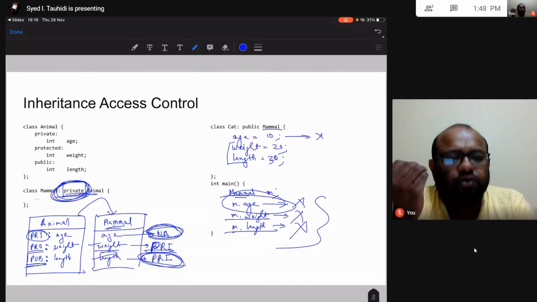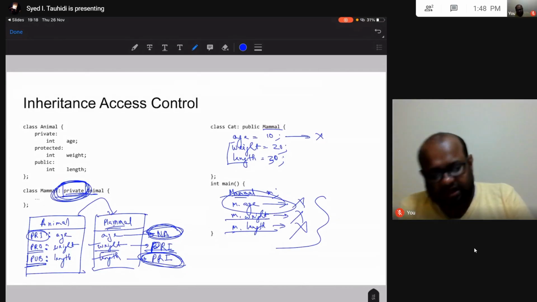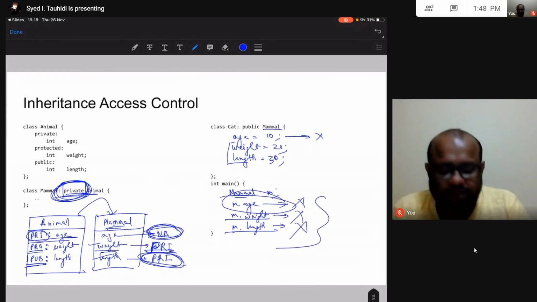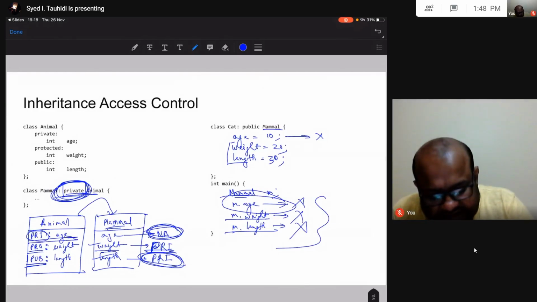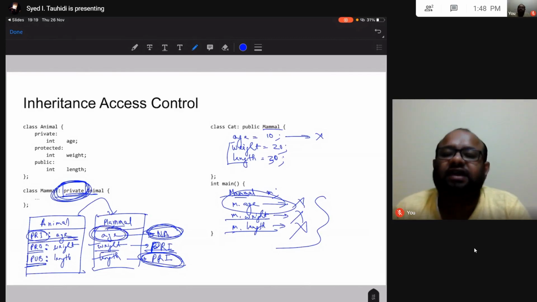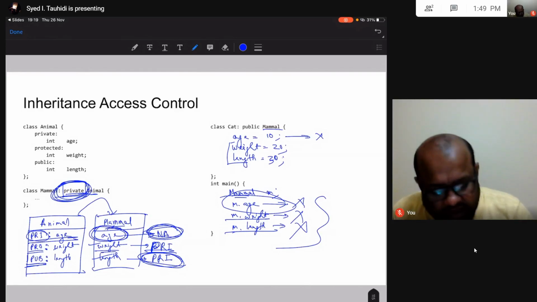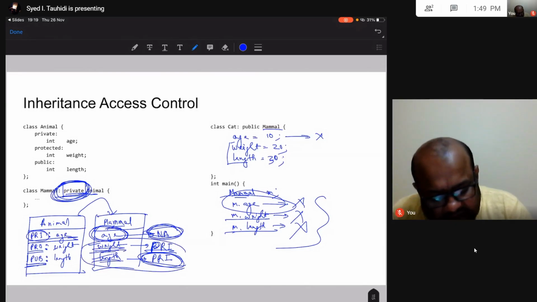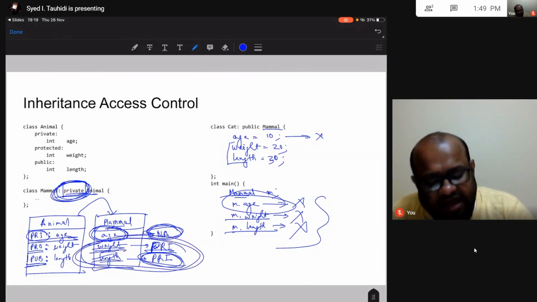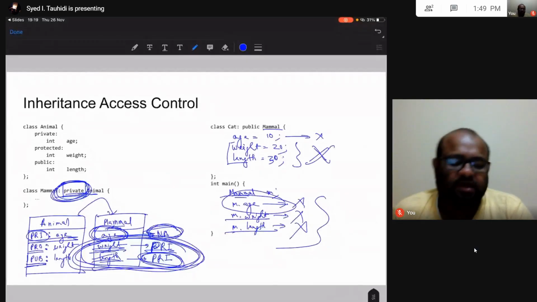Alright. So think about it. Age was private in animal class. I cannot access it in mammal class, right? In the same way, weight and length are private in mammal class. I will not be allowed to have access to them in my cat class.